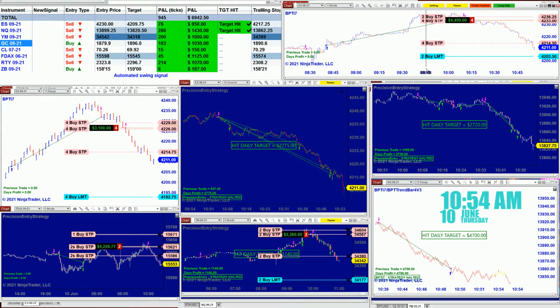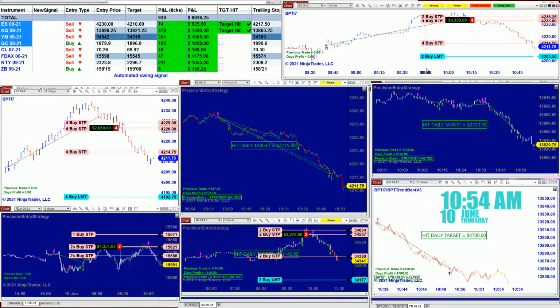It does not mean that the precision auto trade can make more money than the TI7, or the TI7 can make more money than the other. If the market is trending, they're both going to nail the market. One of them is easier to handle than the other one. By saying it's easier, because if you are a new,